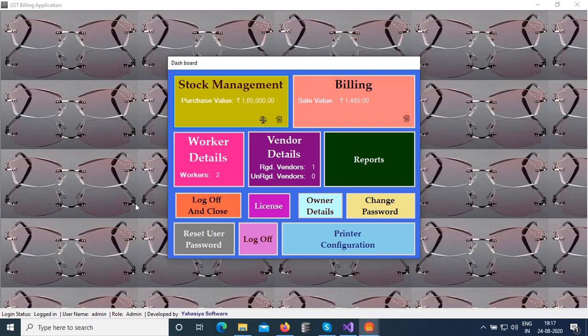The next step is that there is a mode configuration in our software. By configuring your system to non-GST mode, it will work without any tax parameters. It will work like the normal or conventional computer billing system. Okay, so now let us see how a stock entry looks in the non-GST billing system.